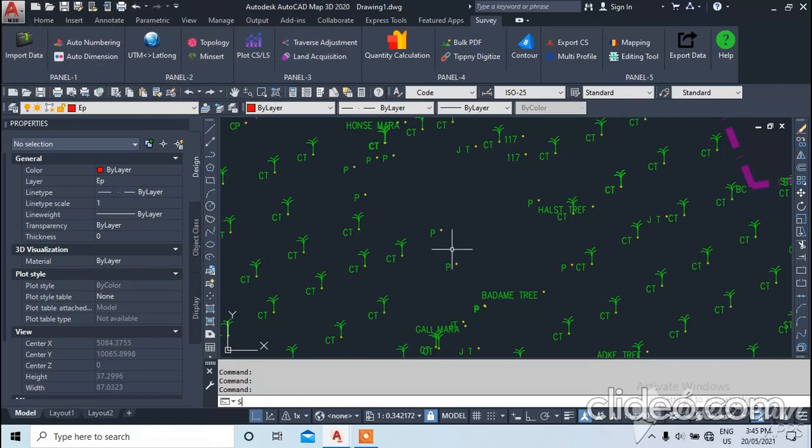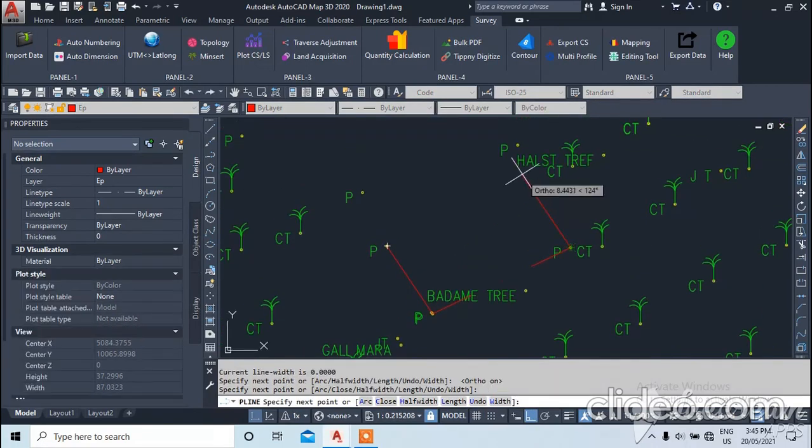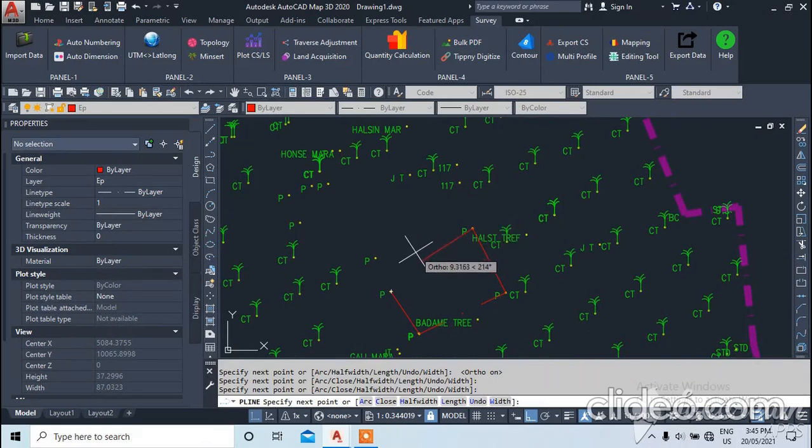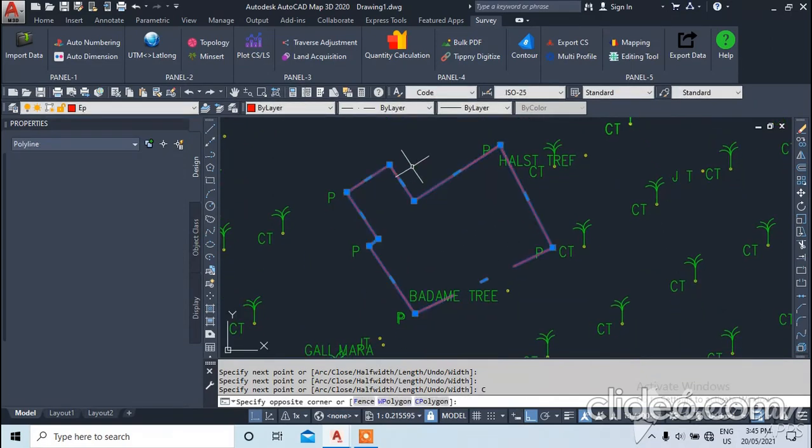Put the SN command. Take a polyline. Just arc on it. One offset point is missed out, so no problem. So put it in the building layer.